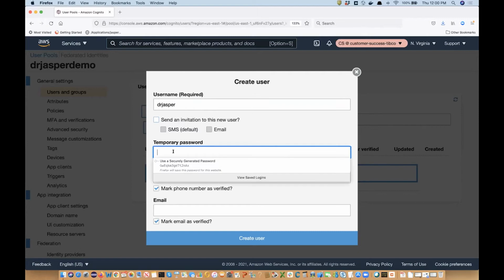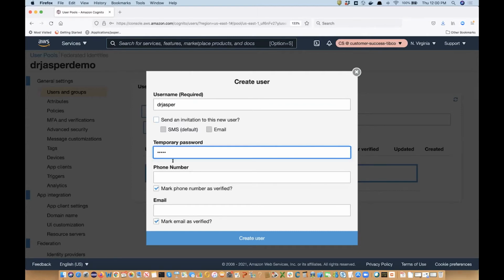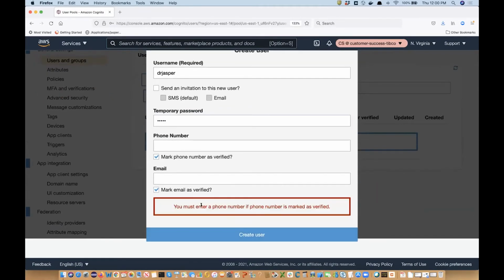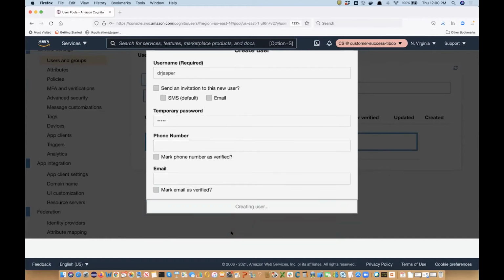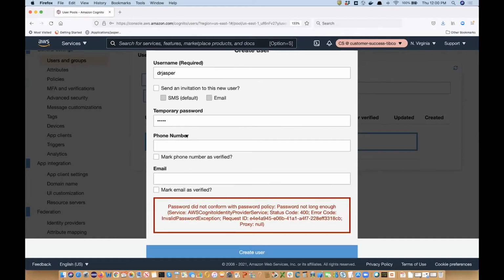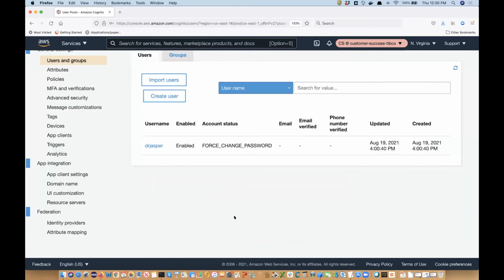Don't need an invitation. Password on it. All right, so now I have a Dr. Jasper user in my user pool. So once we get the server to come up,